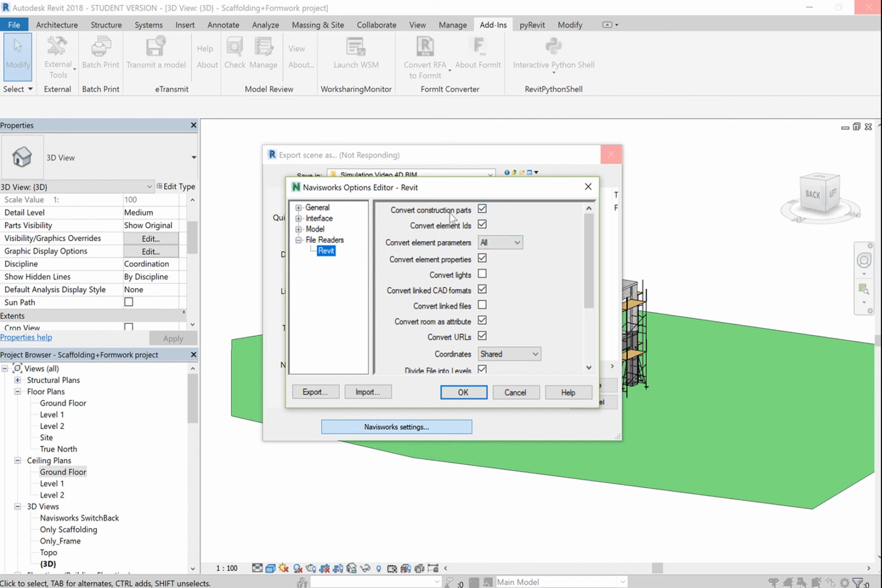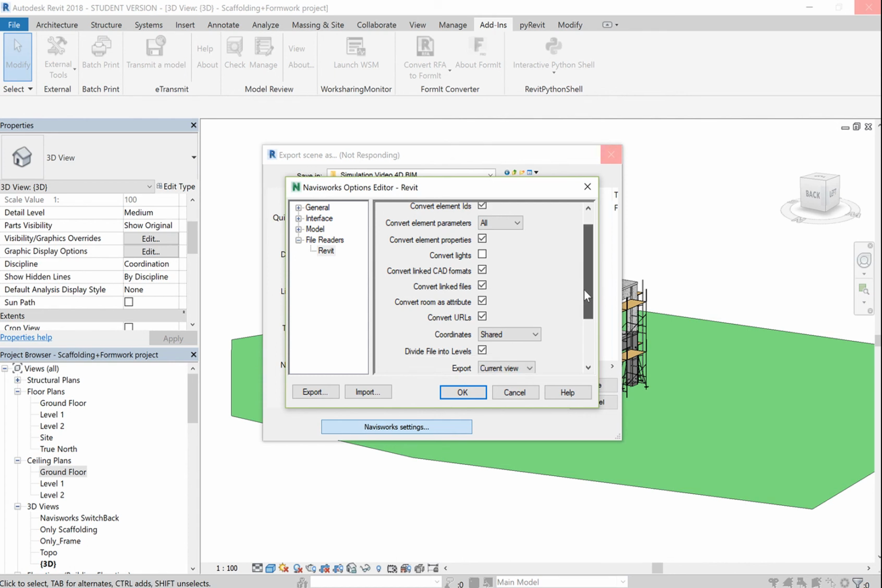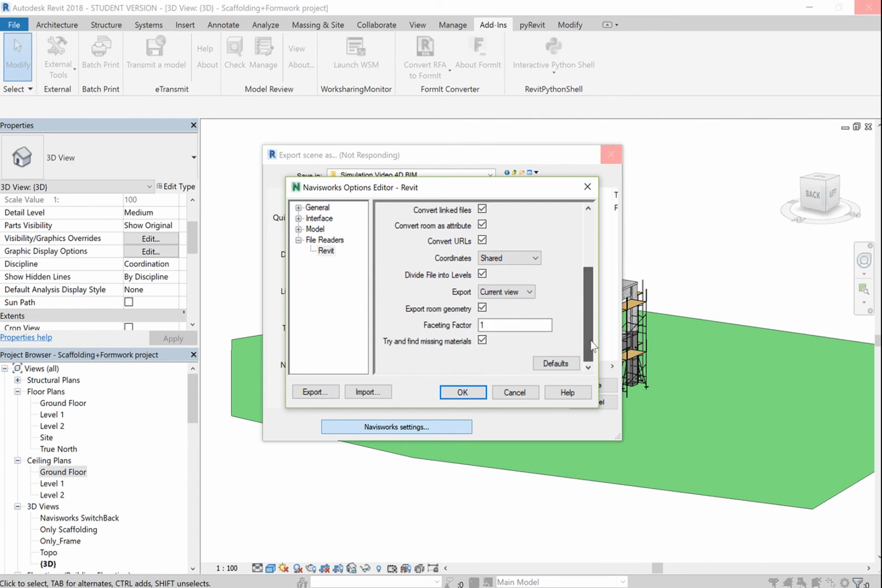So you want to convert construction parts, make sure this is ticked. You want to convert the element IDs, so make sure this is ticked. Convert element properties, make sure that is ticked. If you do have linked files, make sure this is ticked as well. And then go to your model,